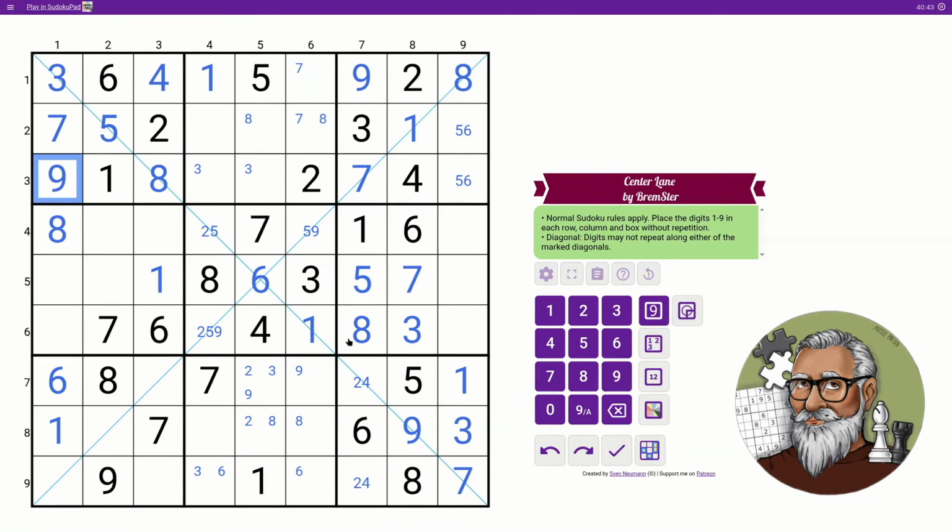Now 5 on the diagonal eliminates 5 from this cell. This becomes a 2. This becomes a 4. This becomes a 2. Right. What else? What else? Now we can pencil mark the remaining cells in the boxes, at least the